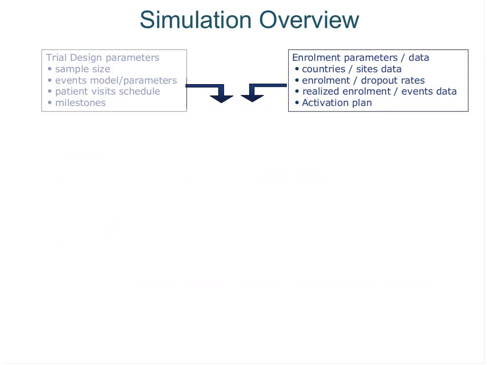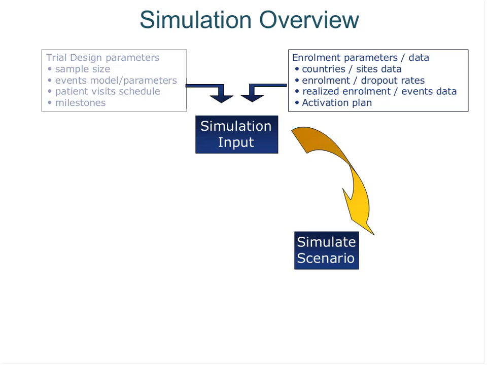You have to go as detailed as regional data, country-level data, site data. You look at the enrollment rates and dropout rates from different regions and sites. And then you look at the site activation plan. Once you have this in place,